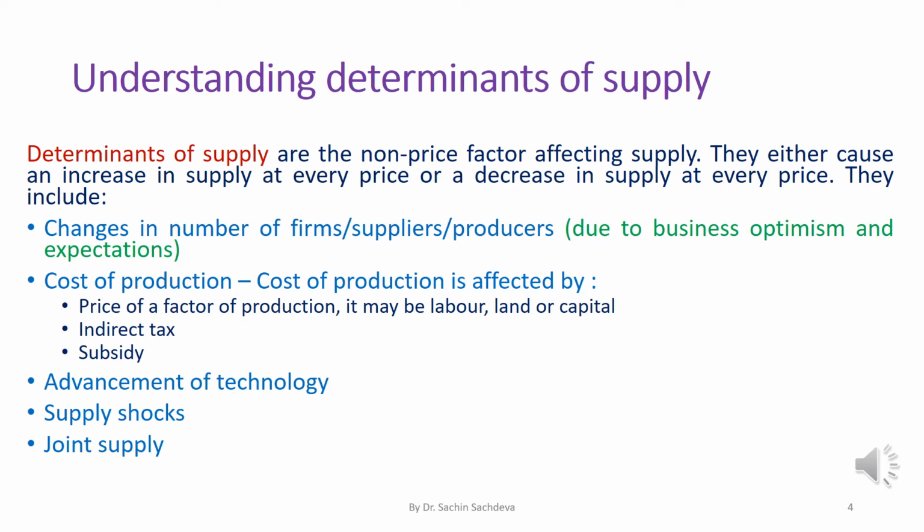On the contrary, if government decides to withdraw the subsidy due to changes in priority, or realizes that a particular product which was subsidized earlier no longer needs a subsidy, the government may withdraw it. So the cost of production may rise. Anything which changes the cost of production is going to affect the supply, therefore the supply curve. So cost of production is a determinant of supply.